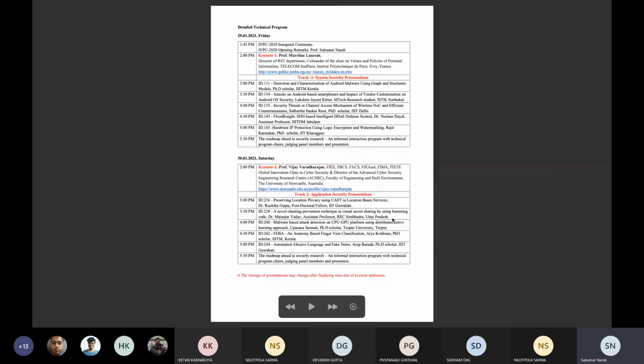This is the schedule. There will be a talk at 2 p.m. every day. Subsequently, there will be a series of presentations by young PhD students, MTech students, or assistant professors from IIT, IIIT, and several other places. This is a competition.